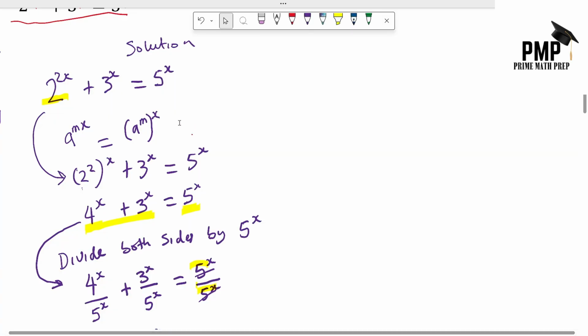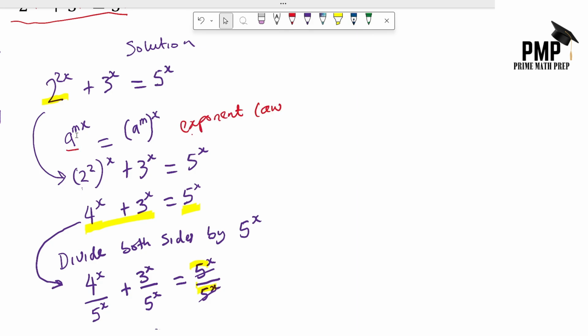In our exponent law, we know that a to the power of mx can still be written as a to the power of m, all to the power of x. It is just like the commutative law of multiplication: no matter the direction you choose to multiply, you will still get the same value. It's still the same thing. So we now state that our new equation will become